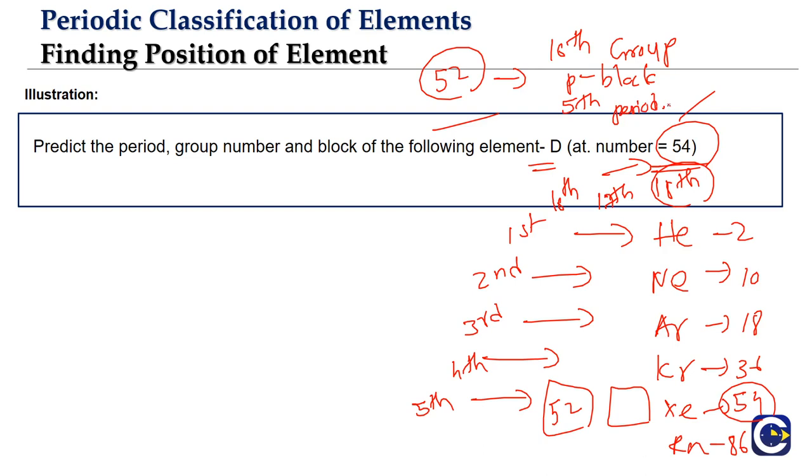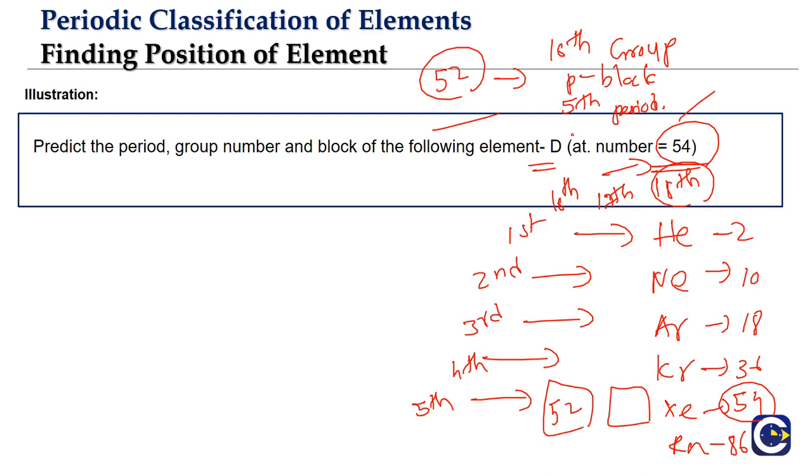Okay, so like that we can answer questions by remembering the electronic configuration of the inert gas or the atomic numbers of the inert gas elements. Okay, but here the question itself is given on xenon. So what is the atomic number given to us? It is 54. So what is this element xenon? It belongs to the 18th group.